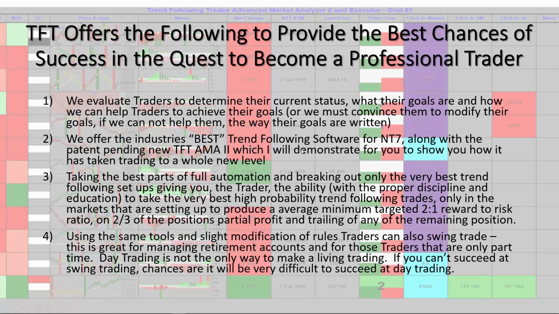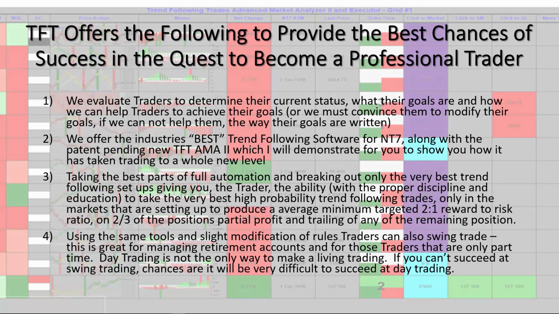But we do offer the industry's best, what we consider trend following software for NinjaTrader 7, along with the new patent pending TFT AMAII 2, used to be an AMAII 1, or the original AMA, which I'll demonstrate for you and show you how we've taken it to a whole new level. We've taken the best parts of full automation, and I'll explain to you how we've gotten to this AMAII 2, and we've broken out the very best trend following setups, giving you, the trader, the ability, with the proper discipline and education, to take the very best high probability trend following trades only in the markets that are setting up